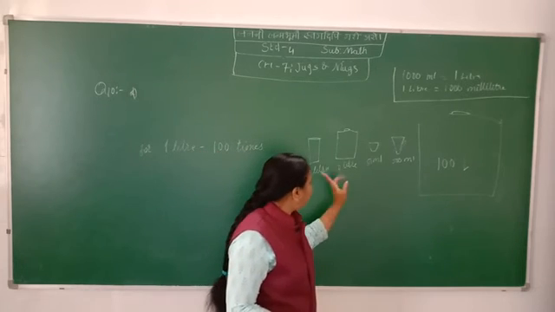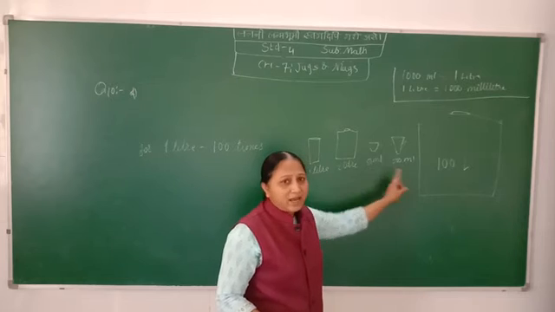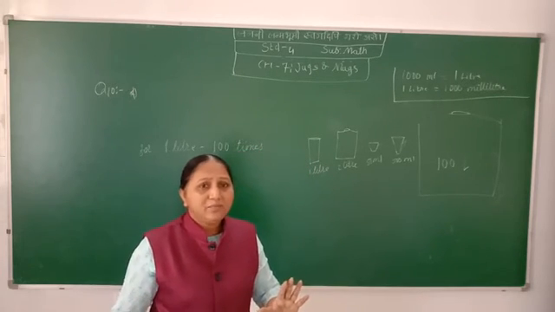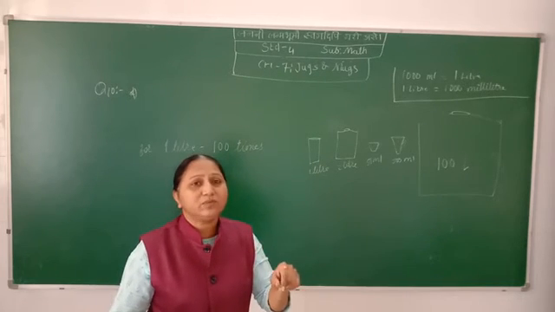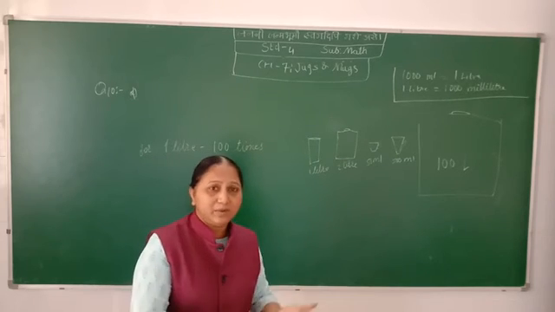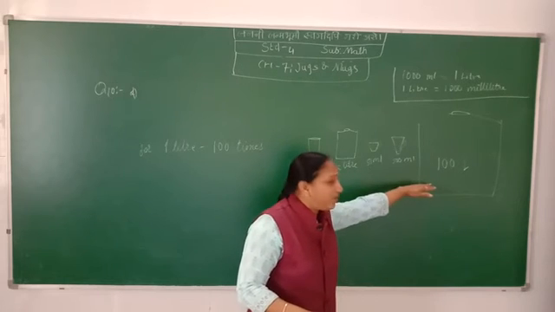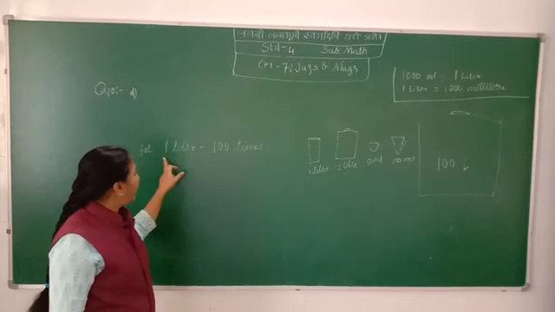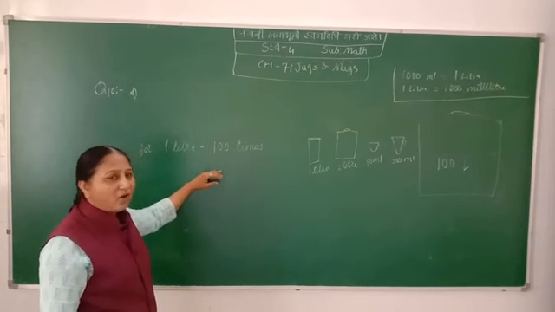While I was using the 1 liter pot, I required 100 times. Now I am pouring twice the amount each time. First we were pouring 1 liter, now I am pouring 2 liter. It is exactly double the previous. That means the number of times will be exactly half. So the 100 times becomes half.